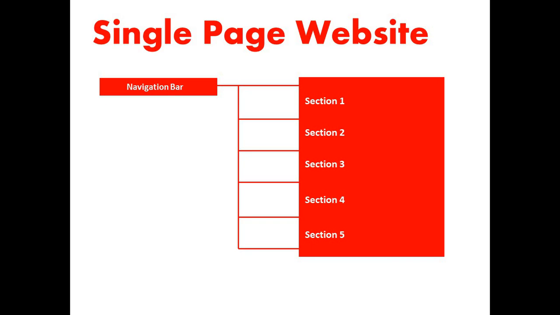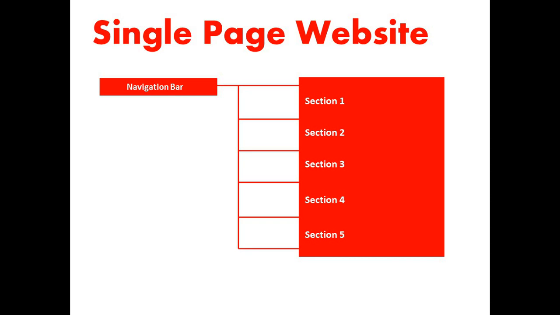Unlike the multiple pages website, in multiple pages the length of the page could be smaller because you can have multiple pages to accommodate the data content. So you can divide the data content across pages, and you can make a number of pages to link with one another. But in case of a single page website, there will be a single page only, and in that particular page all the data will be there. So the height of the page will be much longer compared with the height of the multiple pages website.